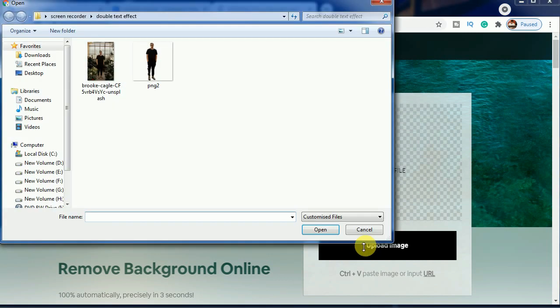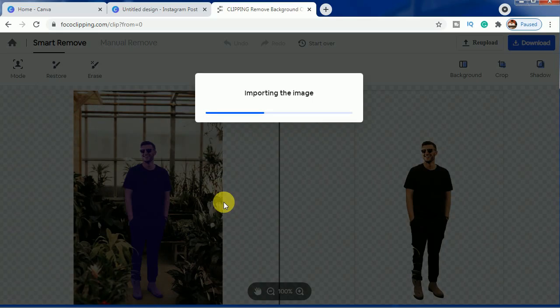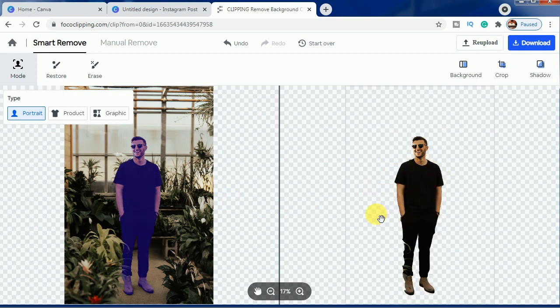So we'll click on upload an image and we'll click on the main image here. So as you can see, it has removed the background perfectly, and if you download, you can also find that the resolution remains similar to the actual image. So I have already downloaded it, so I will not download it again. You can just click it here and download it.